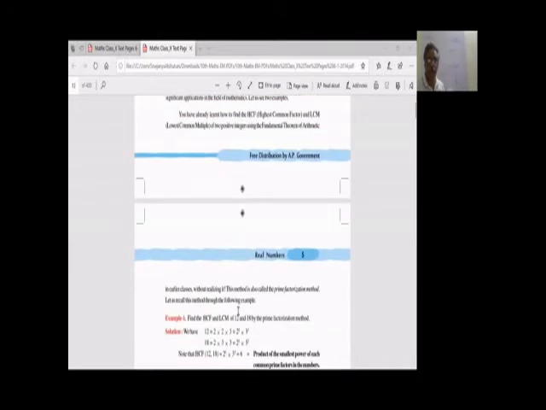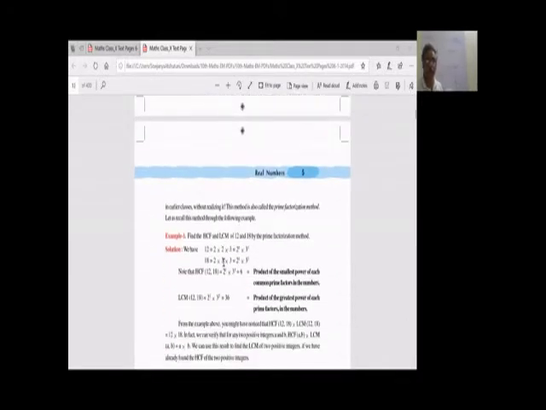Now let us see the HCF and LCM just to have a revision. What is HCF? Product of smallest powers of each prime factor. So 12 can be divided into prime factors 2 into 2 into 3, and 18 is 2 into 3 into 3. Here you have two 2s and one 3. Here you have one 2 and two 3s. When I take HCF, it is supposed to divide both. So it has only one factor 2 common and only one factor 3 common. So 2 into 3, 6.